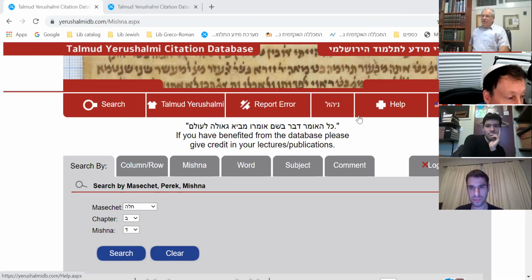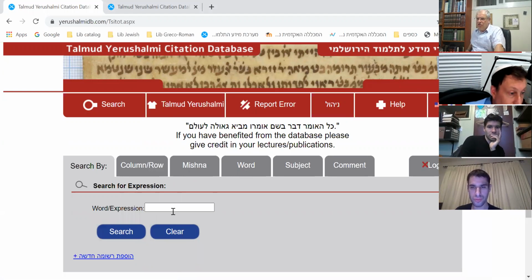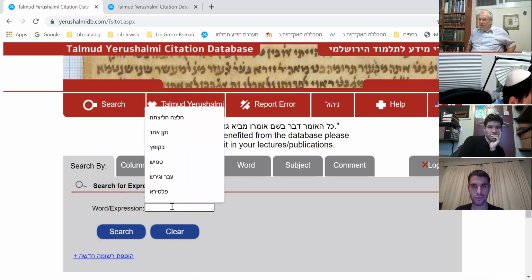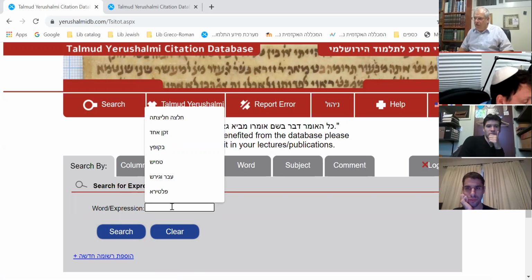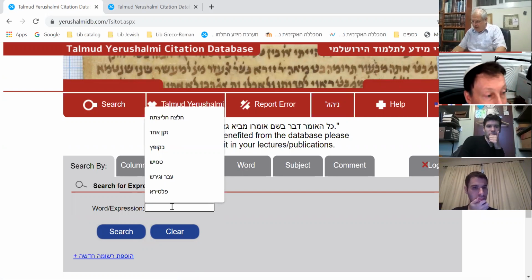Okay, fine. So I've done column row, I've done Mishnah, and now we move on to a different type of search, which here is called word. Word search allows you to search for a particular word which might or might not appear in my database of the Rishonim. Let me give you an example. Supposing you come across the name Erskinus, right? A Roman